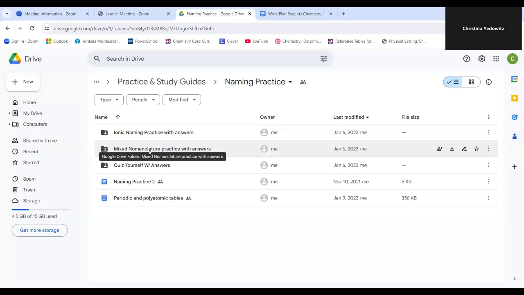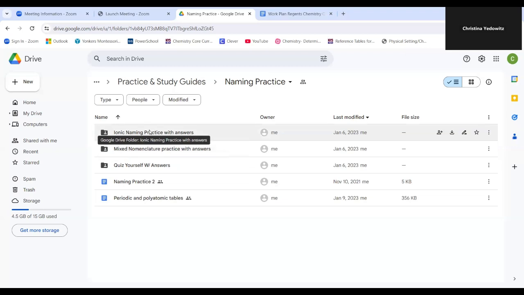In the grand scheme of things, your notes are worth 5 times what this quiz is worth. And you have an exam, but your exam is not until you get back from Thanksgiving break. That exam is only on this material. It's only on naming, chemical bonding, the beginnings of chemical bonding, and your periodic table. So the more you practice this, the more you sit down and actually get it done,